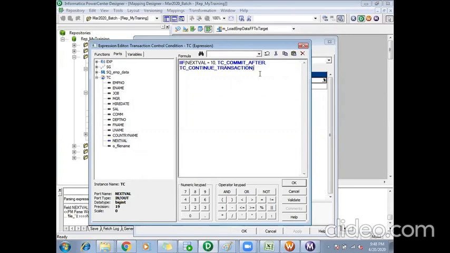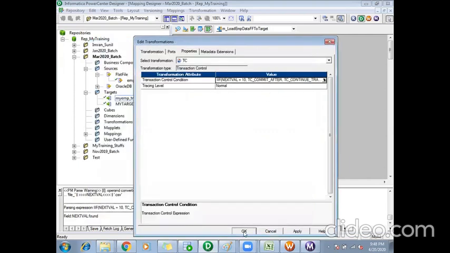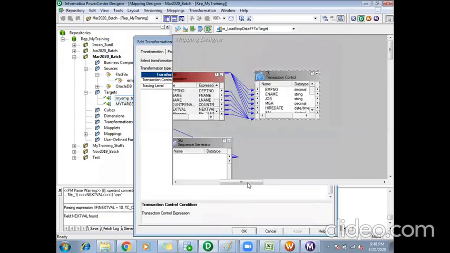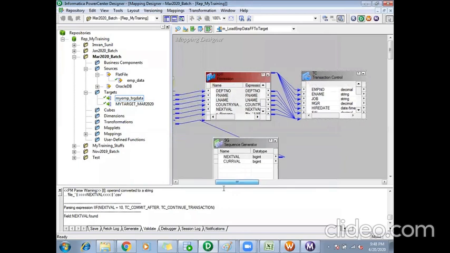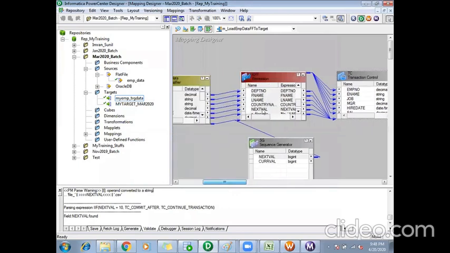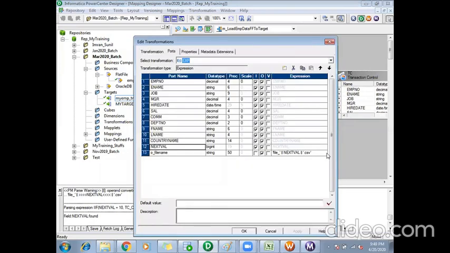See, I am using commit after now. Okay, done. Apply. I think next val will always be 10 here for this port.